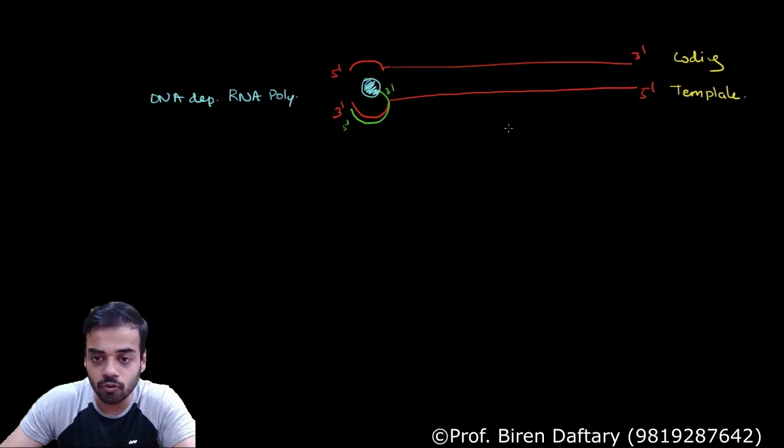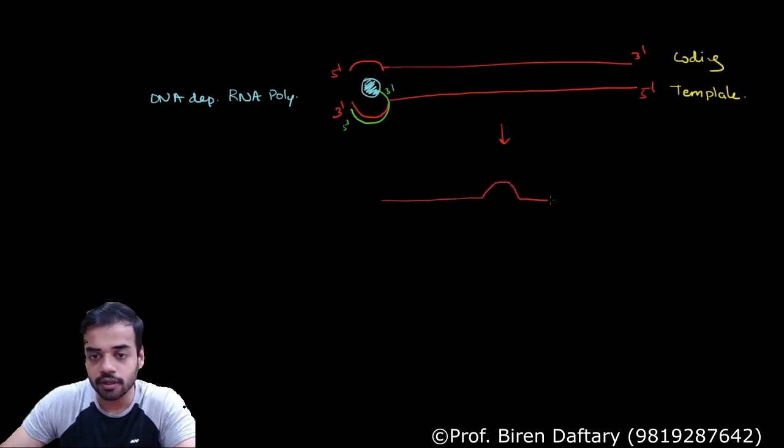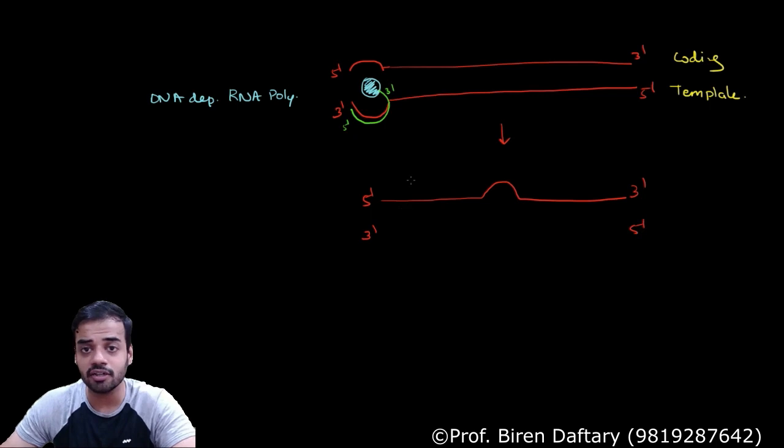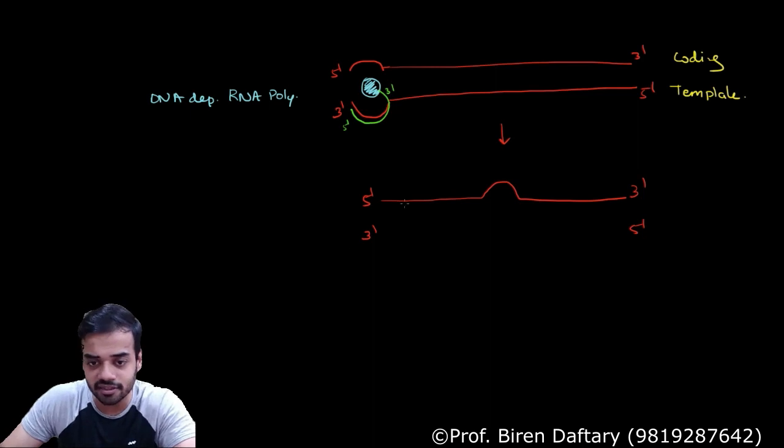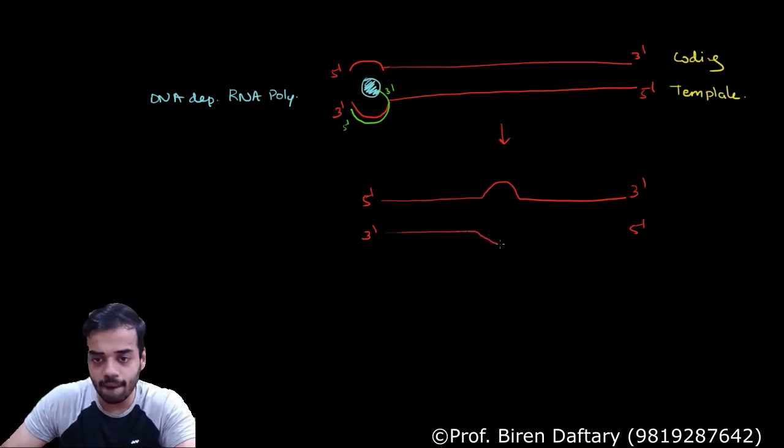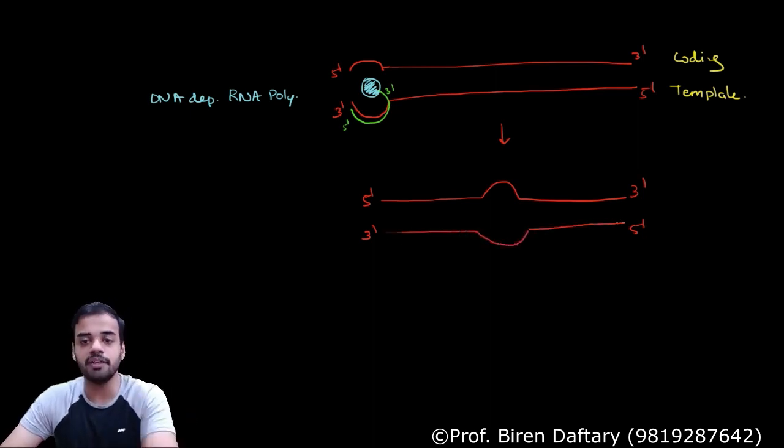Now in step 2, what is going to happen? This RNA polymerase will move ahead, so I am directly showing it over here, correct? Write down the polarity. Please don't forget to write down the polarity whenever you are drawing these diagrams. By the way, this diagram is not there in the book. They have directly given the final diagram of post transcription, so you don't need to draw this. This is just for your understanding, but if you draw it, you will get good marks in the exam. That is another thing. So this is your template strand.